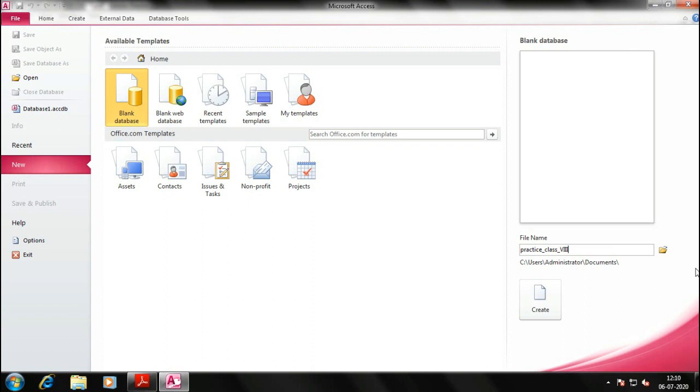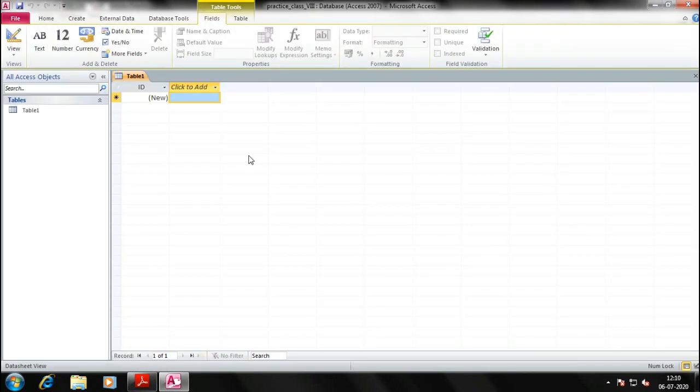Okay, so I'll tell you what is the use of this underscore because I'm using it. I'll tell you in the table. Now we are ready to create. Okay, there you go. We got our first table created here by default, that is Table 1, but it is not yet saved. We have to save it and give a name to the table.